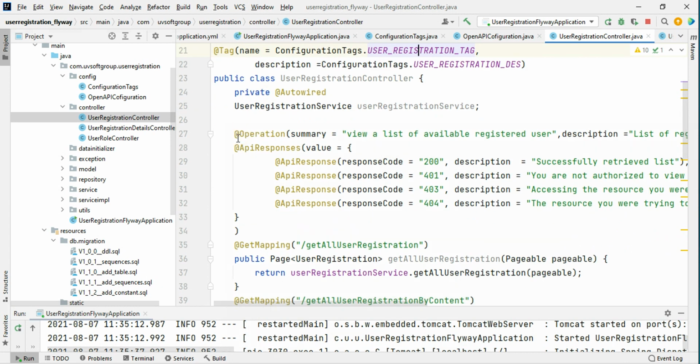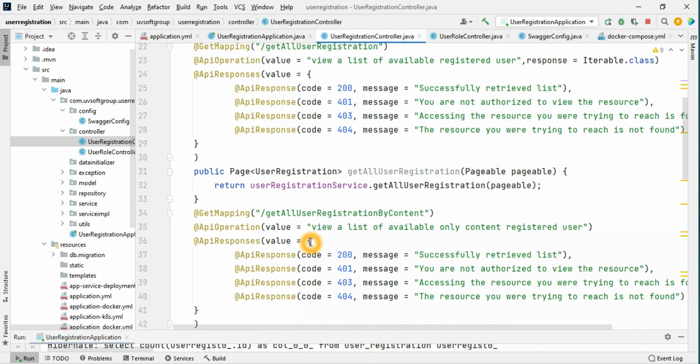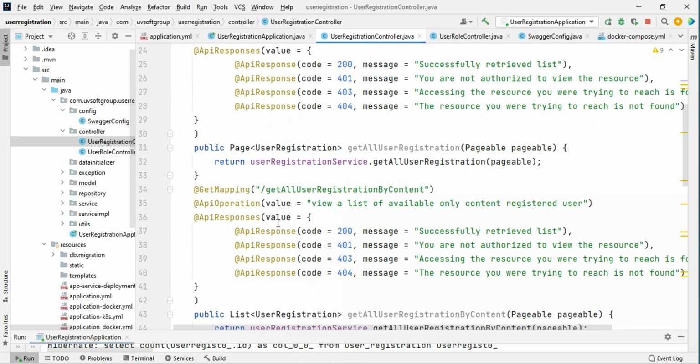And for the Swagger 3 case, the operation was the API operation, and you can say summary and descriptions. For the previous one, it has only the value. I believe it is only the value. It has only the API's value, but maybe there are more and additional information, but it depends on how